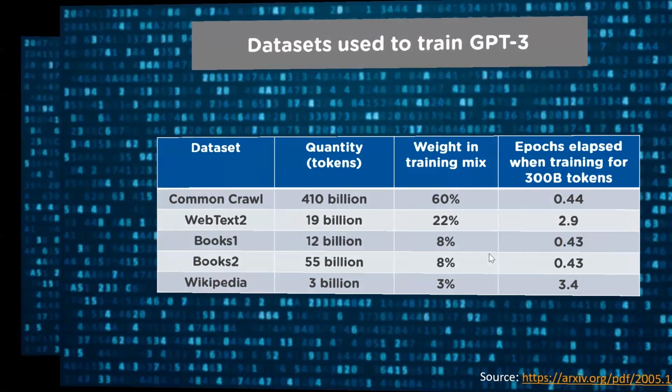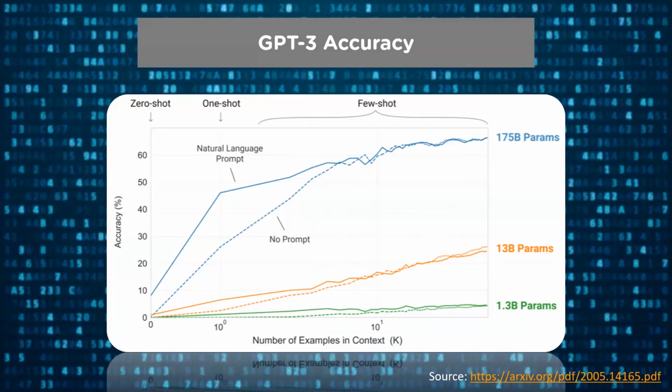Moving ahead, the graph that you see on your screen shows the benefit in accuracy for various zero, one, and few-shot tasks as a function of the number of model parameters. The graph depicts that the accuracy of the model increases with the number of parameters. There is no need to do gradient updates or fine-tuning for using the GPT-3 model. You can just interact with the model using natural language or provide some examples of the task that you are trying to do, and the model will perform on its own.